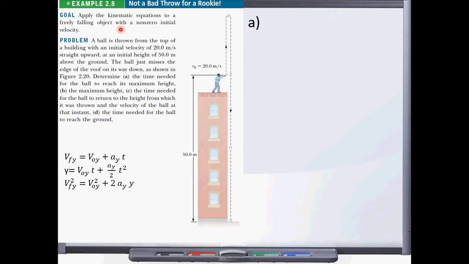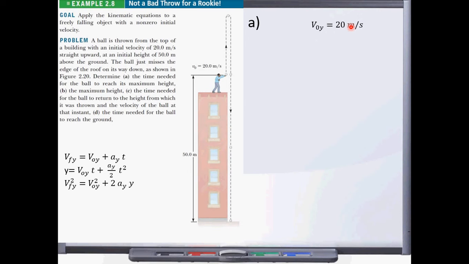First, what values do we have? It says that we have an initial velocity of 20 meters per second. Okay, so we can start with that. Initial velocity on y, v of y, of 20 meters per second. Positive because it's moving up, right? You are throwing the object up, so you have a velocity of 20 meters per second